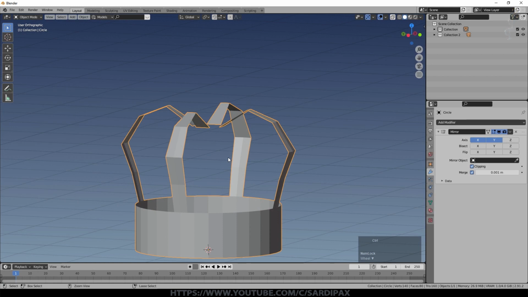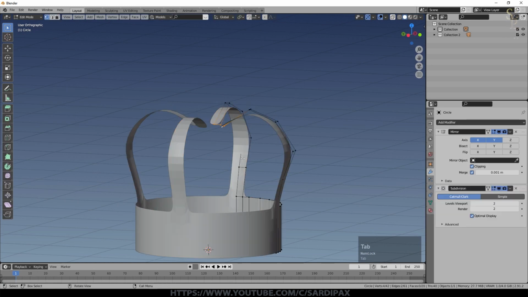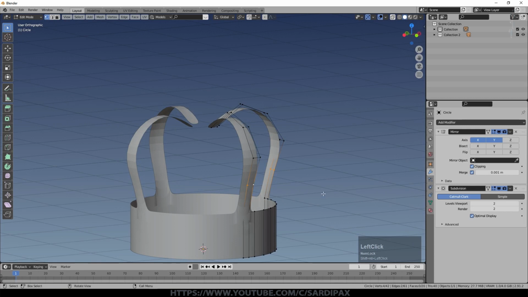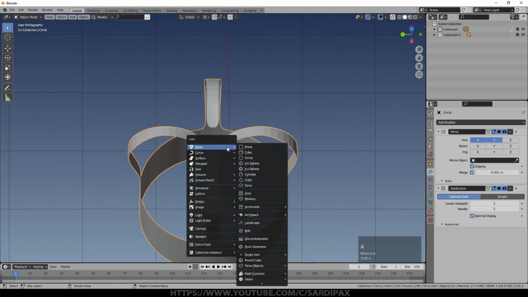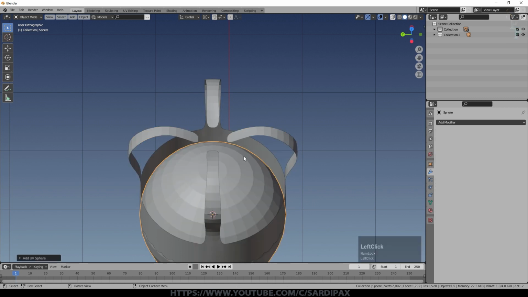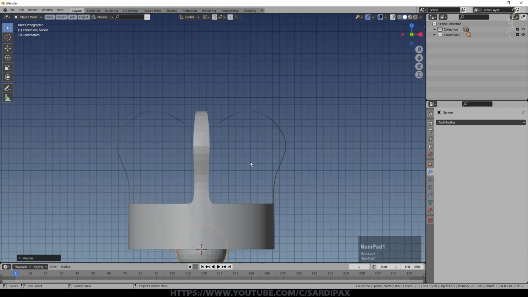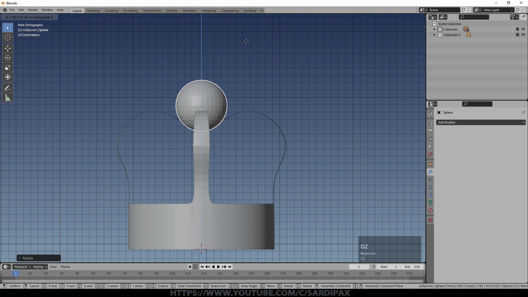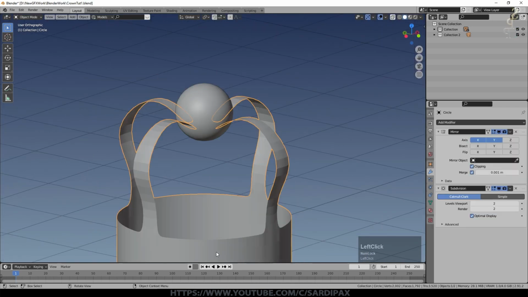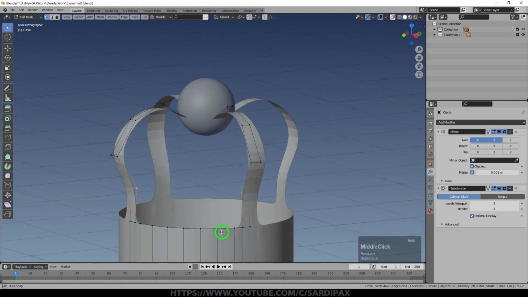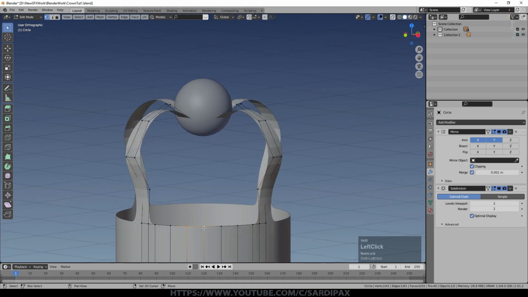I'm going to press Ctrl 2 and put a subdivision surface on there. We might want to bring this point in a little bit more. We go back to 3D cursor, scale Shift Z, just to put a bit more shape on it. And then we'll add a UV sphere, scale it down a bit, and G Z, bring it up here. And shade smooth on both of these. So I'll just put a little bit more detail into the crown, but I'm obviously not going to spend a lot of time modeling this at the moment.